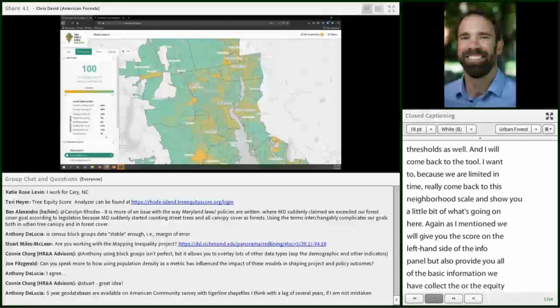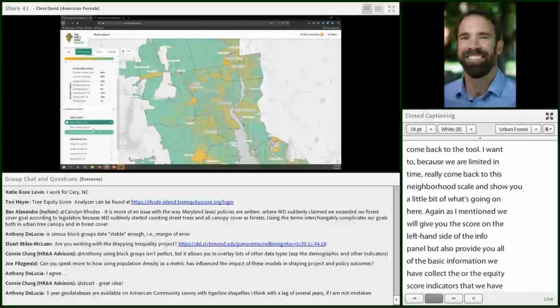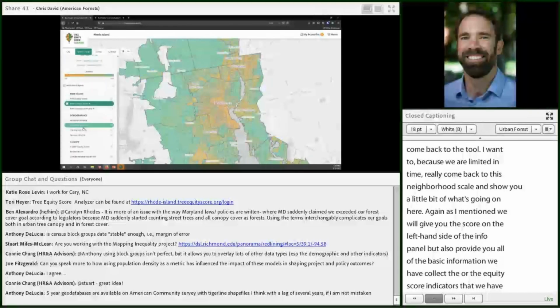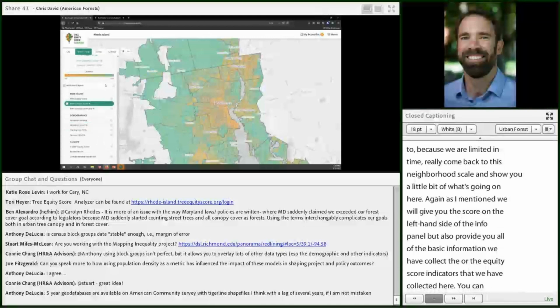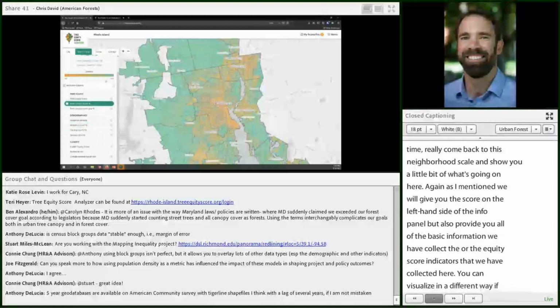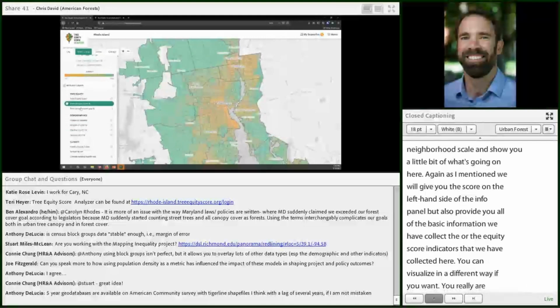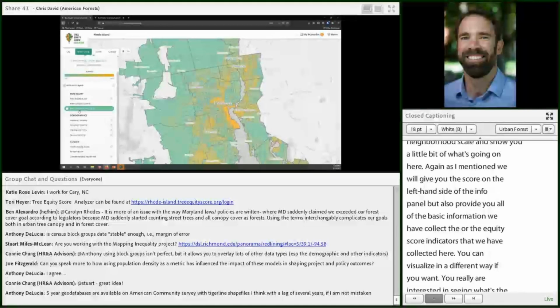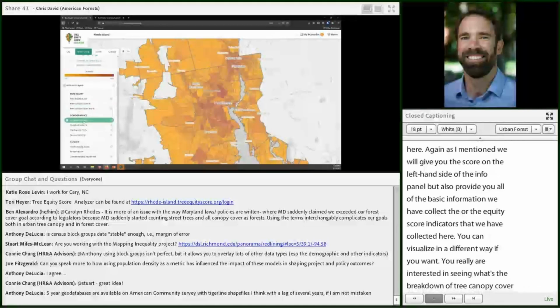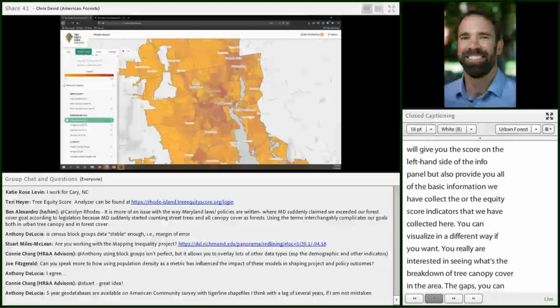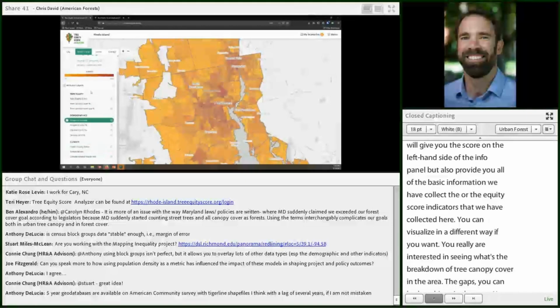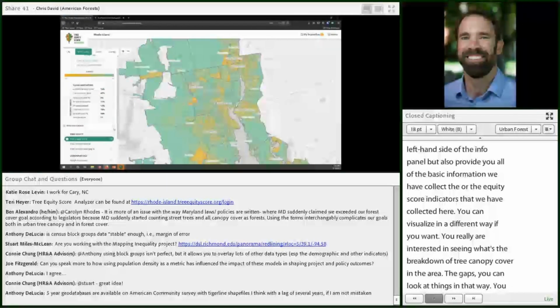You can visualize in a different way, though, if you want. You really are just interested in seeing where the tree canopy is, what the breakdown of tree canopy cover in the area is, and where the gaps are greatest. You can look at things in that way. Where people are in poverty, you can look at it thematically for a variety of different indicators. I'll come back to tree equity score